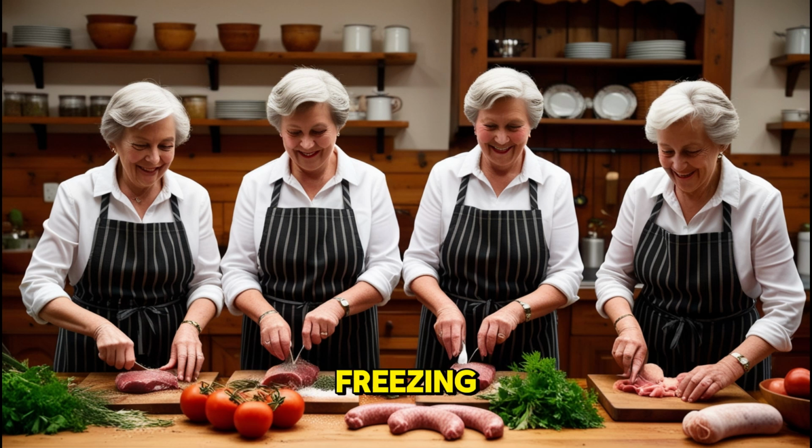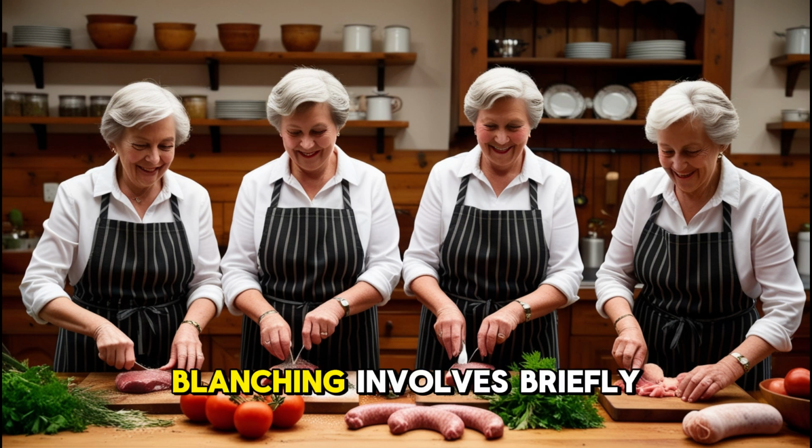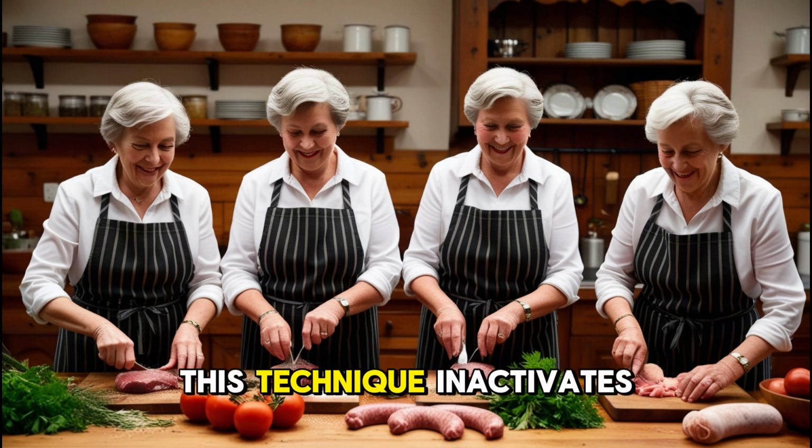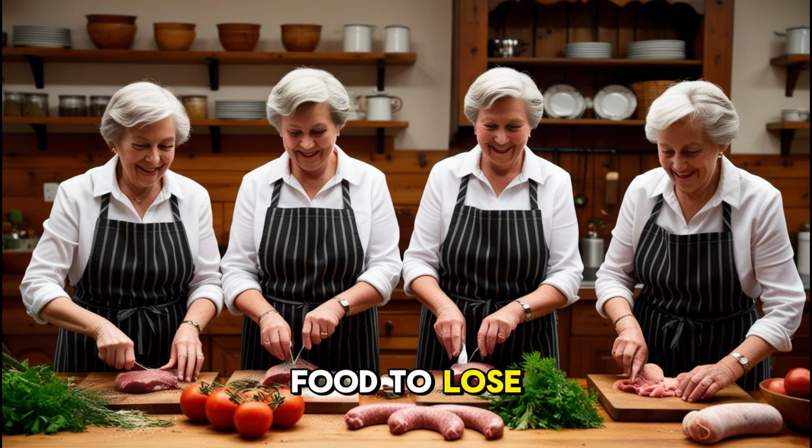Let's turn to blanching, a preservation technique often used to maintain the color, texture, and nutritional value of vegetables before freezing or drying. Blanching involves briefly boiling vegetables, then quickly plunging them into ice water to stop the cooking process. This technique inactivates enzymes that can cause food to lose its freshness over time, making it an essential step for